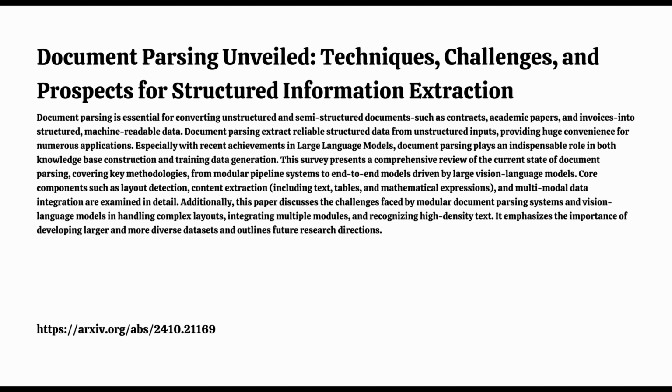Okay, now let's talk tables. Because honestly, tables can be a nightmare to work with manually. How does document parsing handle these data-packed beasts? Tables are a treasure trove of information, but extracting that information can be tricky. Document parsing systems use a variety of techniques to detect and understand tables. Starting with object detection algorithms that can spot tables within images. Then they need to understand the table structure, which can be done using row column segmentation, kind of like drawing lines to separate the table into its basic building blocks.